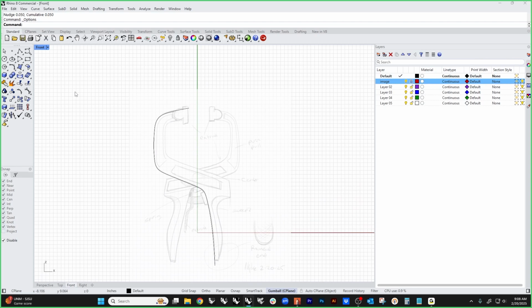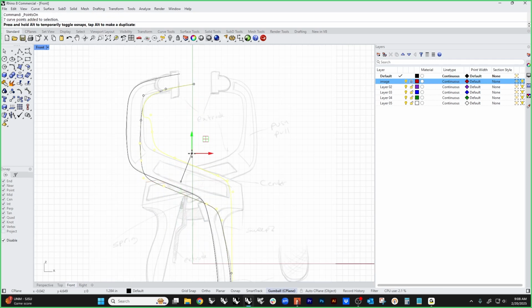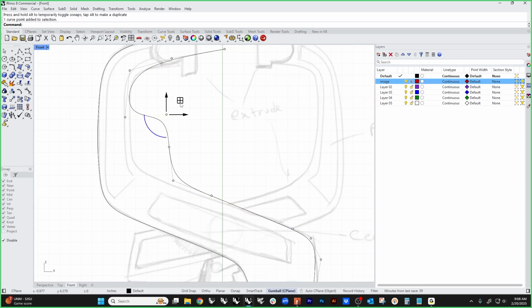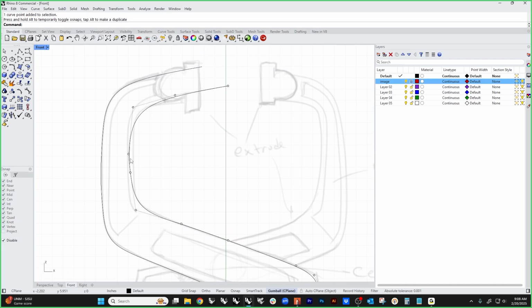All right, so the next thing I'm going to do is copy and paste this curve because I already drew it and I'm lazy and I don't want to redraw it, so I'm going to stick it down here, and then I'm going to turn these points on. And I'm going to just modify this guy because it's similar to my other curve, and the point structure matches the other curve, and it's easy to drag this thing into shape instead of having to fuss around and make